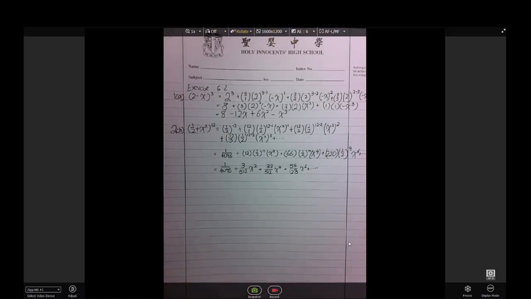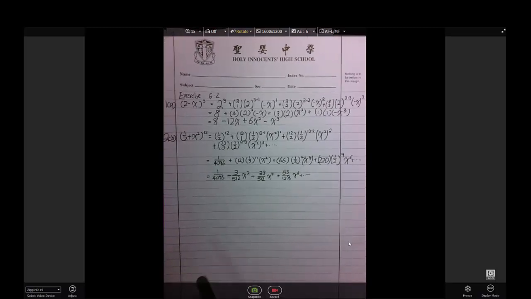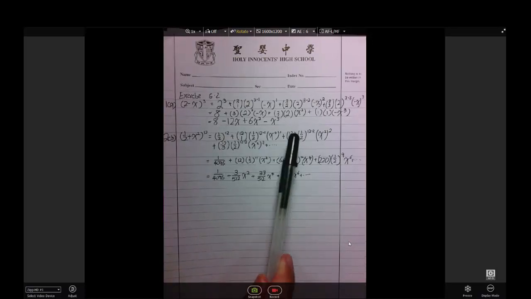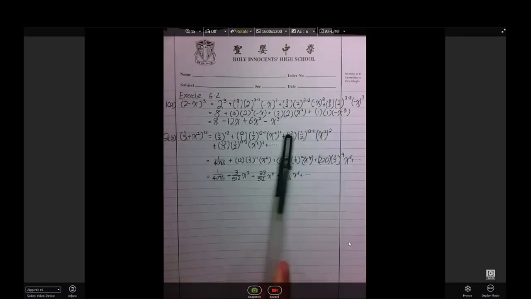And these are the basics, right, of using the expansion for a plus b to the power of n. Okay, take some time to actually work it out by yourself. Don't just blindly copy the notes. Try to see how the formula actually interacts. You can notice the pattern. Once you notice the pattern, as in how the a term starts at 12, decreases to 11, decreases to 10, decreases to 9, and the b term, x squared, first x squared to the power of 1, then x squared to the power of 2,